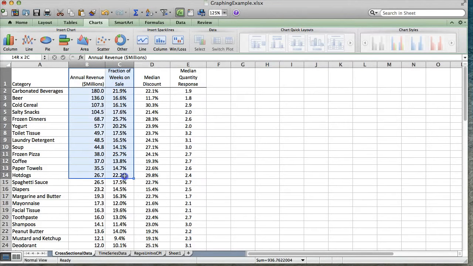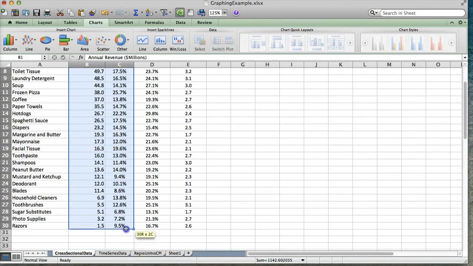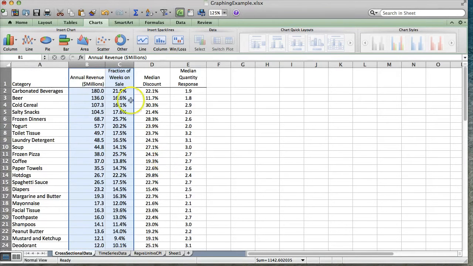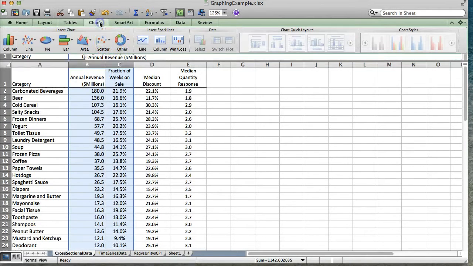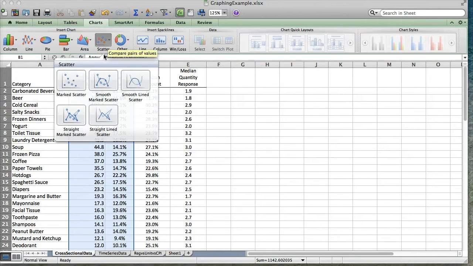So one way we can look at the data to see if it's consistent with that hypothesis is to create a scatter plot of annual revenue for the category and fraction of weeks on sale. So that's what I'm going to do. The first thing you do is highlight the two columns of data that you want to graph. It's very simple. Then you tell Excel, I want a scatter plot. By the way, I selected charts right here. You select scatter plot,